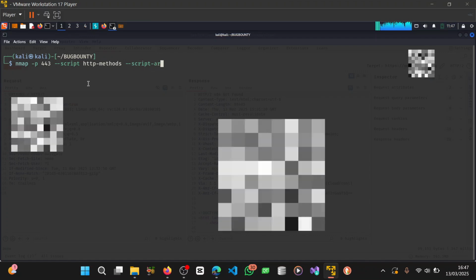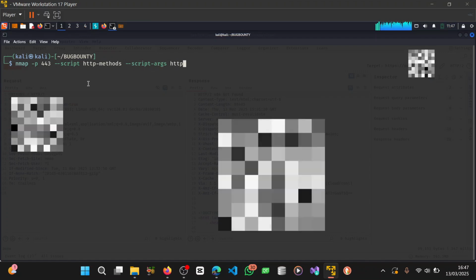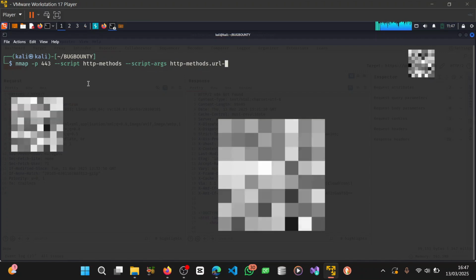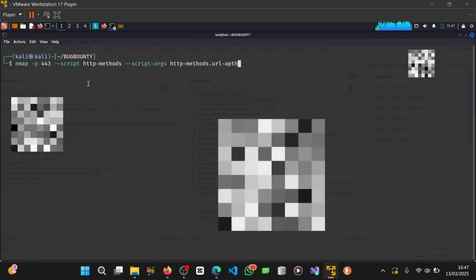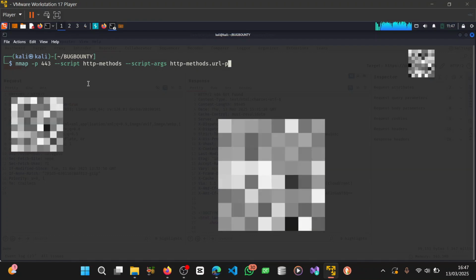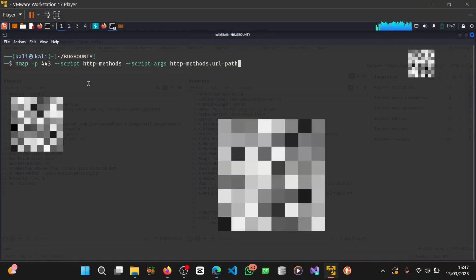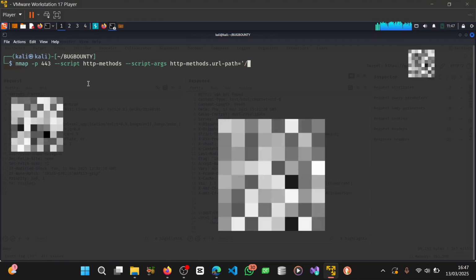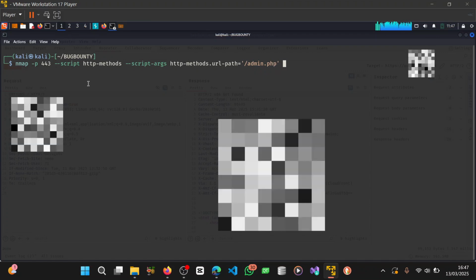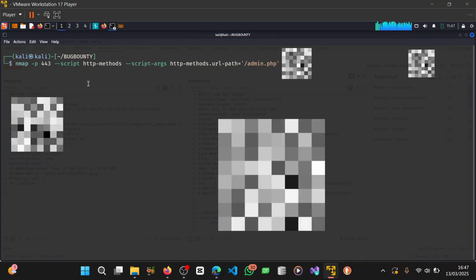That should be --script-args http-methods.url-path, and I'm going to give it an arbitrary path. Let me spell that right. Alright, so let's make use of admin.php